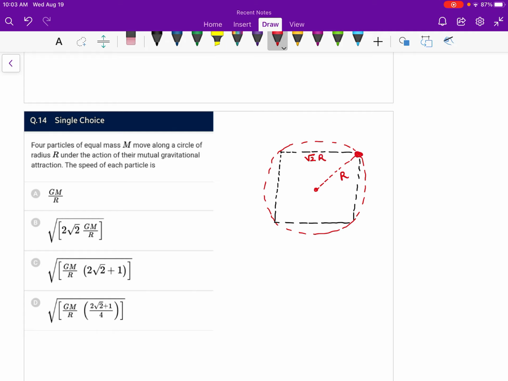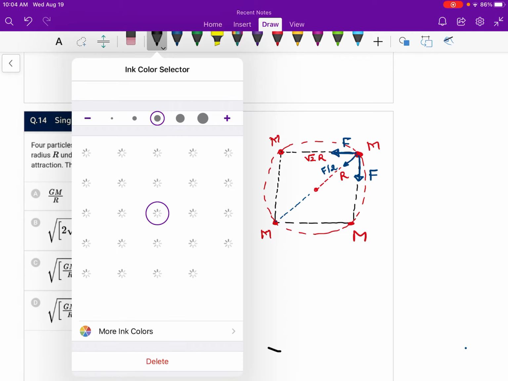Okay, so let's say on this particle, masses are capital M, capital M, capital M, capital M. The force on this particle from the adjacent capital M is F. The distance to the opposite one is root 2 times the side length, twice the distance R, so the force will be F by 2. So the net force directed towards the center...